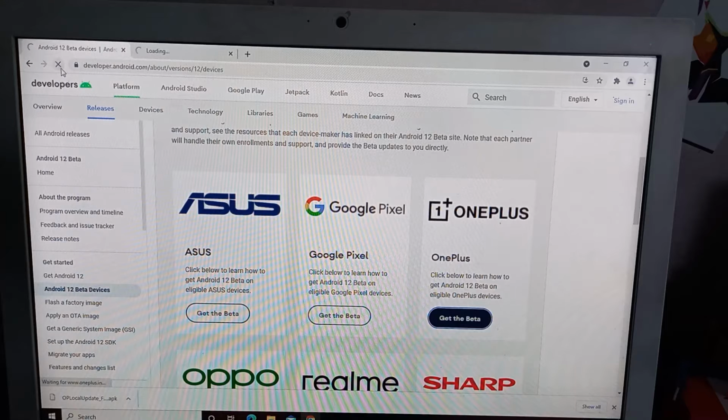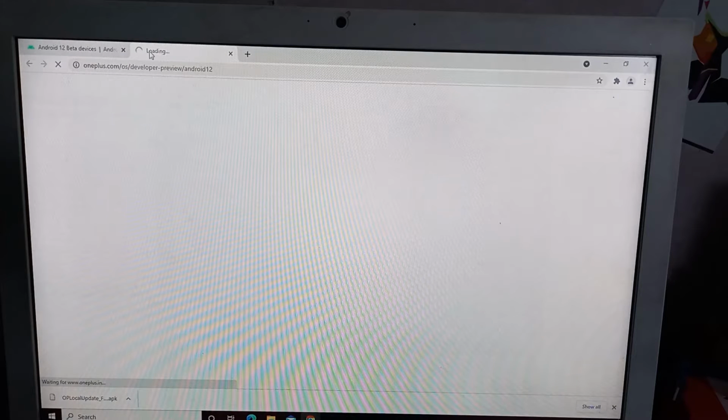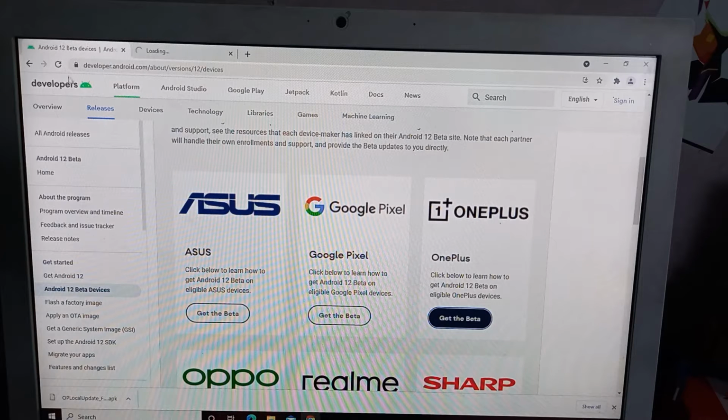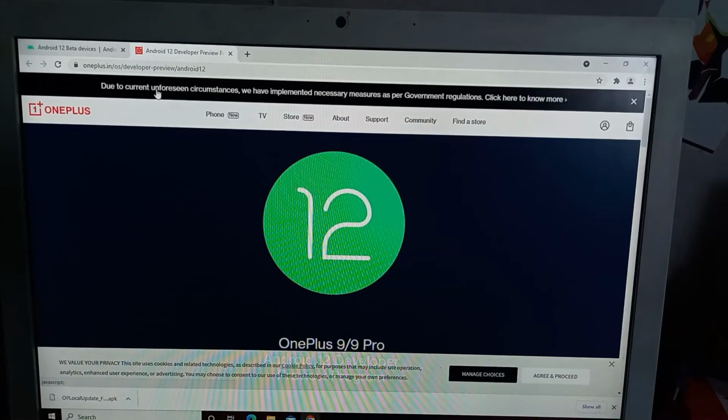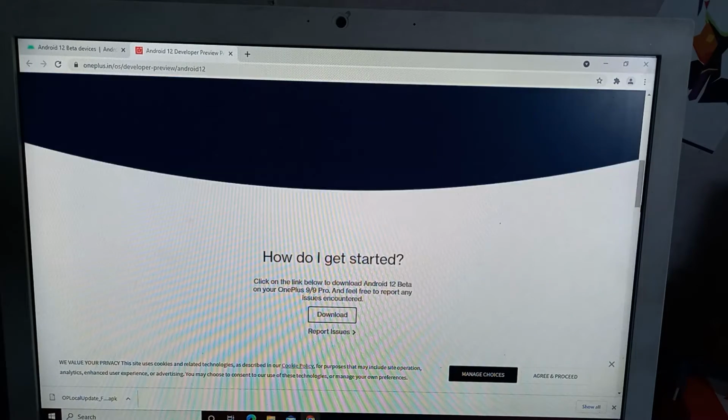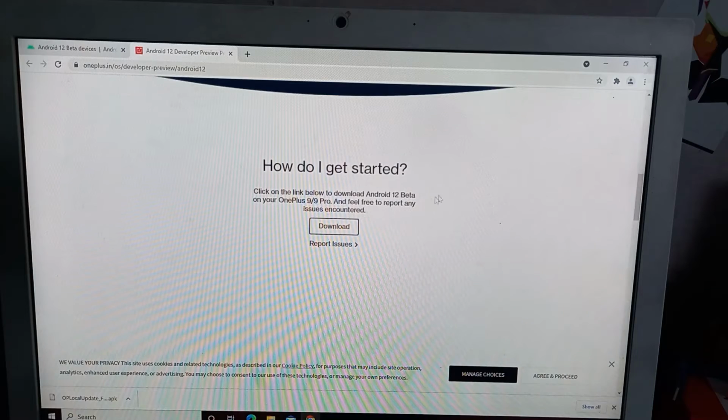You have to click on the link and it will automatically take you to the OnePlus website. It will take you to the OnePlus website, so you can download Android 12 directly from your brand's official website, like Vivo, Oppo, any of them. Here you can see that we are automatically taken to the OnePlus website, and here we can download Android 12.